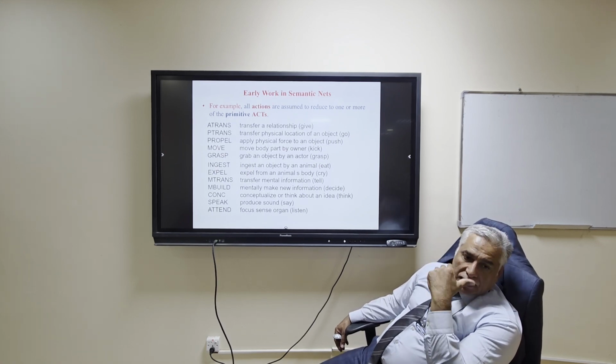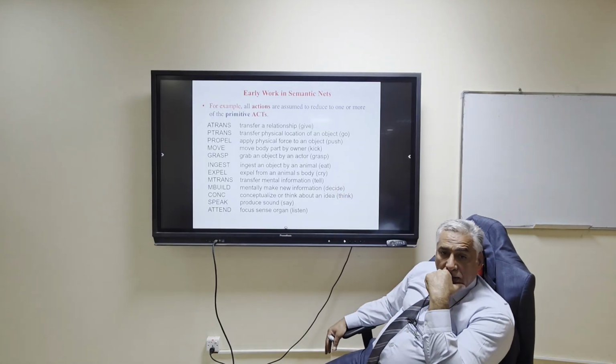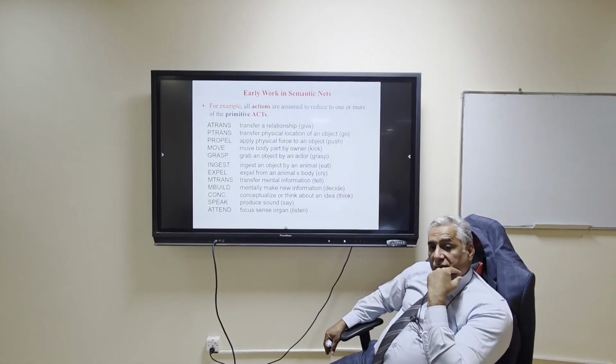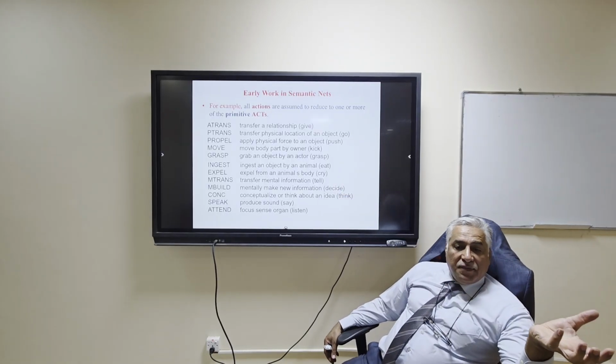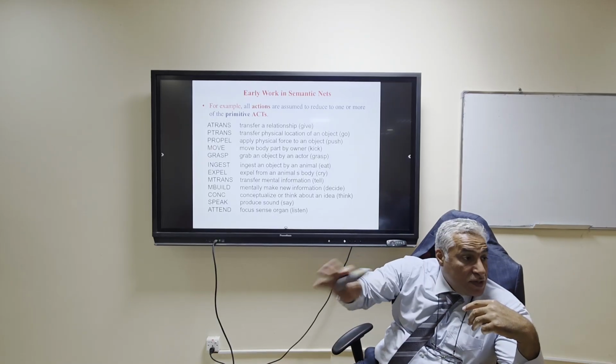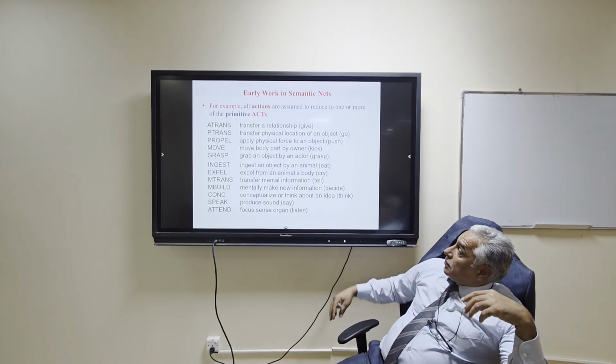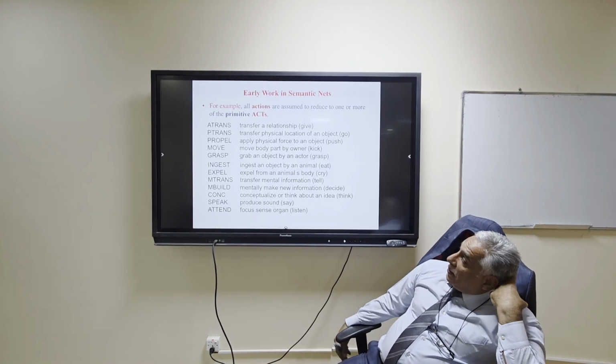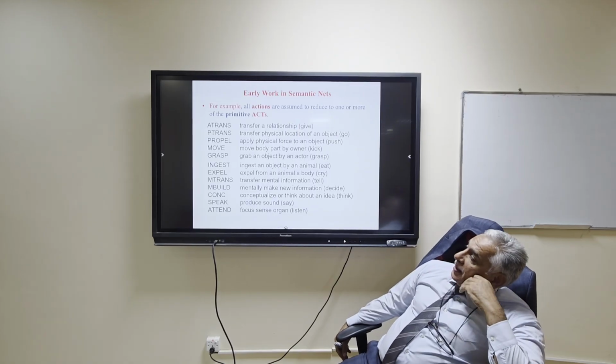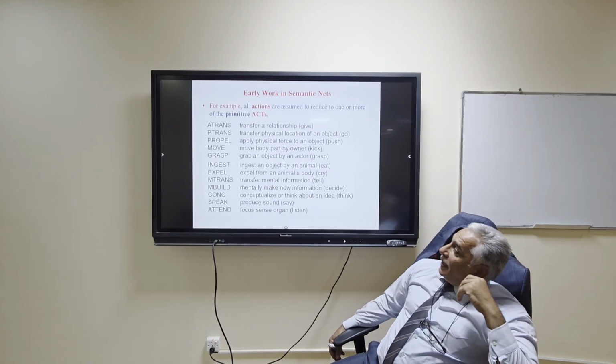For example, go. When we use the word go, that means moving a physical object to another location. And PROPEL,